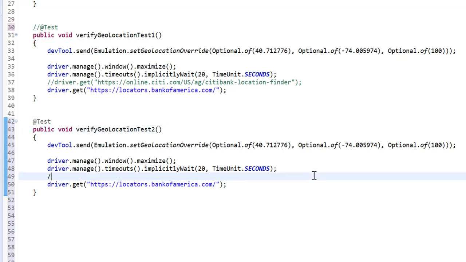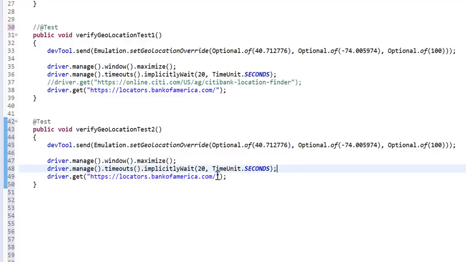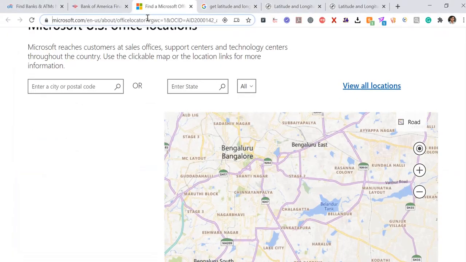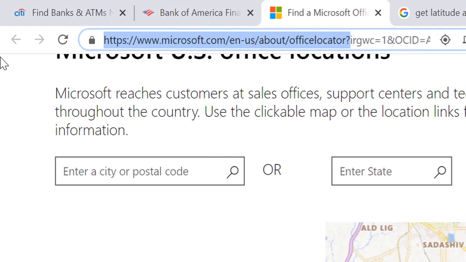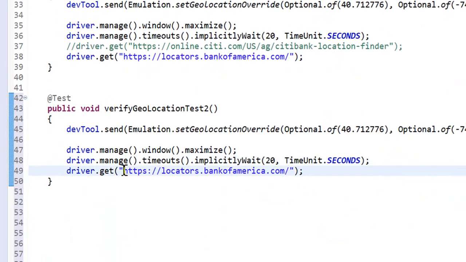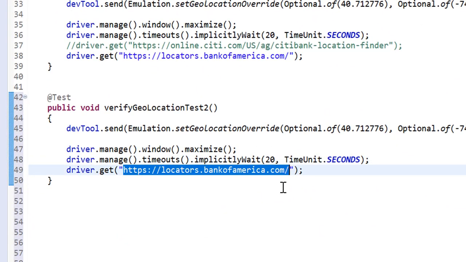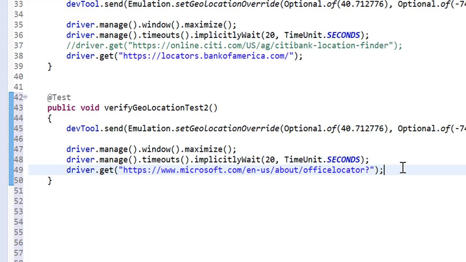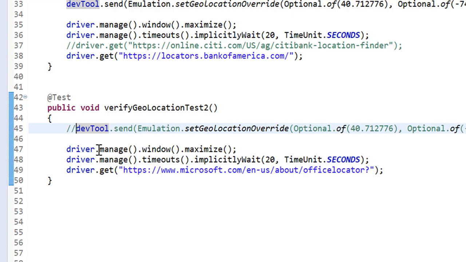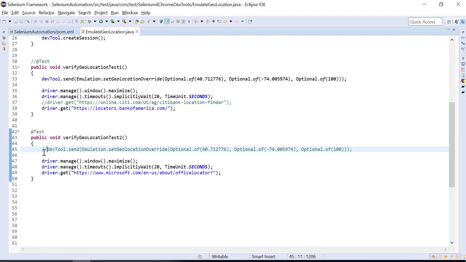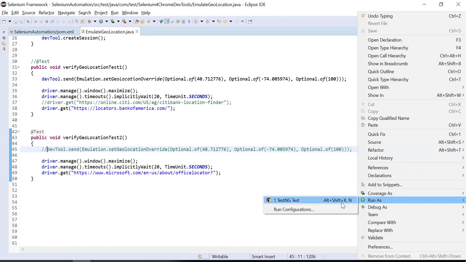Now I have to copy the URL again. Just now I have commented the geolocation emulate line. So let me execute this second test case.